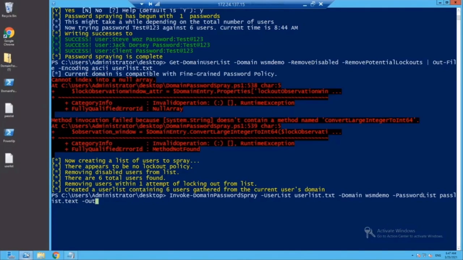Now I would want an output file again in a text format that says which user has what password. It can't get any easier, can it now? So the output file is going to be sprayed credentials.txt, and you will see how quick it works to generate a Word file that has the list of users and whose passwords are weak from the list of sprayed passwords.